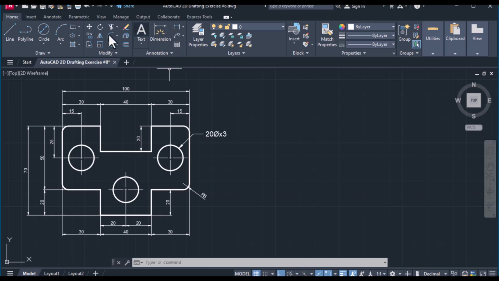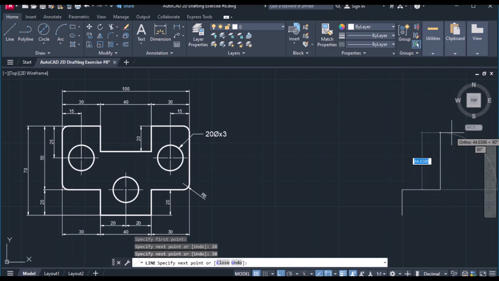Now I'll use the line command of AutoCAD, and we'll use this as a tracking point, and we'll move to the left somewhere over here, and we'll click over here and move upwards 20 units, then to the right 30 units, then on the top 50 units, then to the left 30 units, then at the bottom 20 units, then